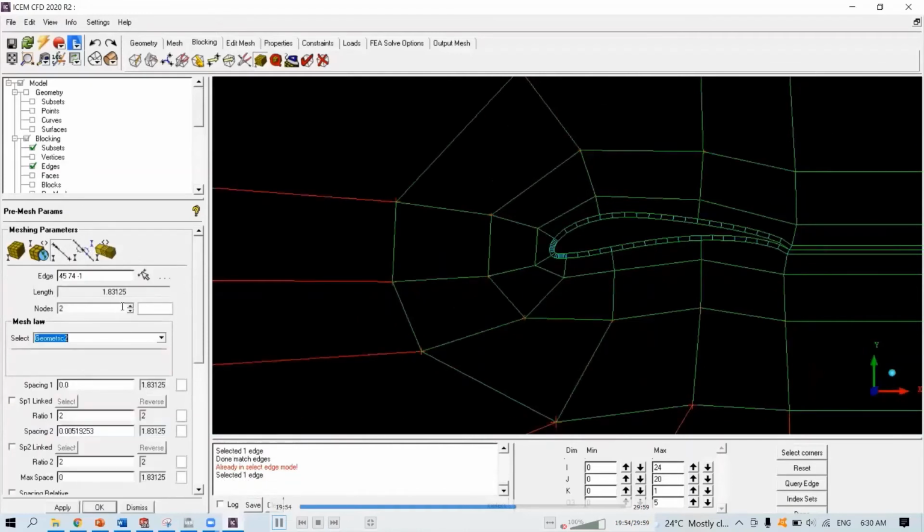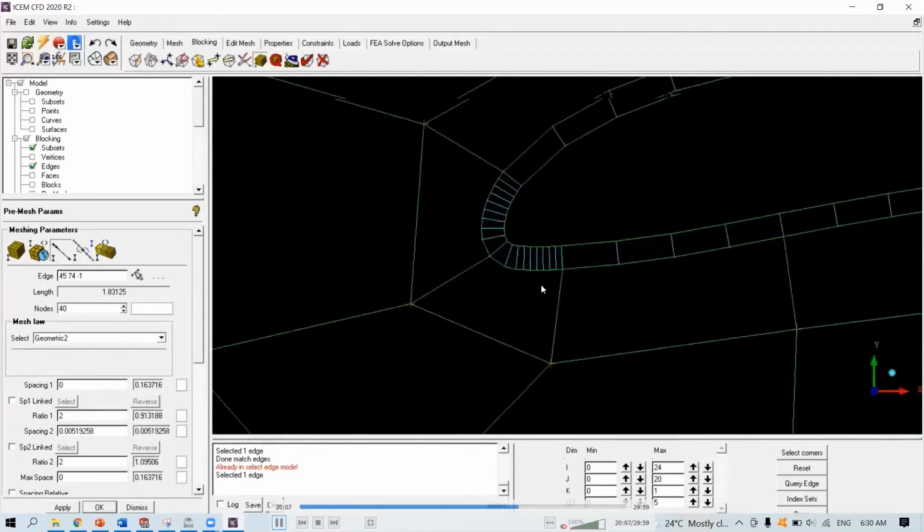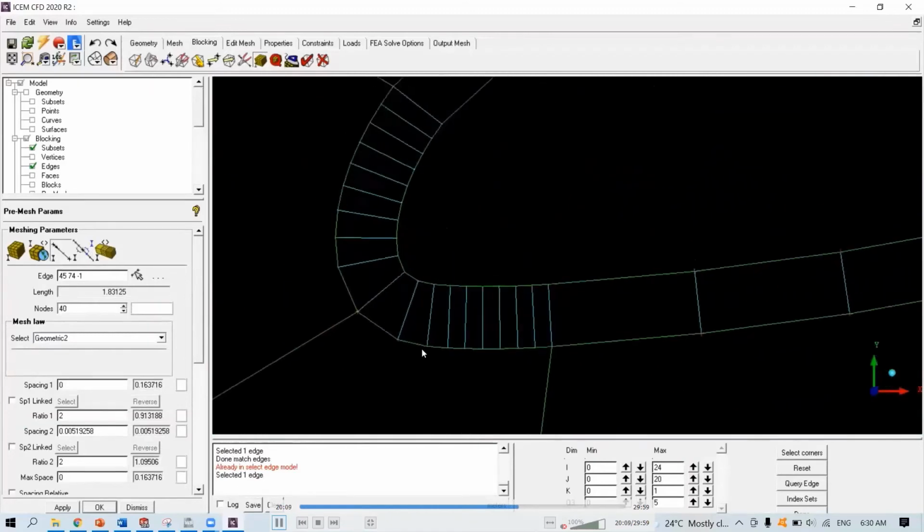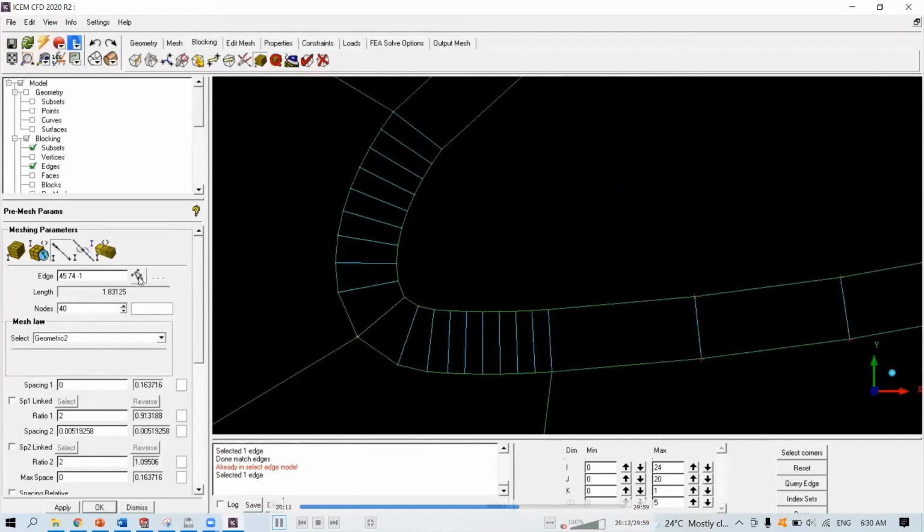Geometric 2, increase number of nodes. Now it's 1.12. Just make it 40, 1.09. Okay, that's good enough. Now we are done with the number of nodes going away from the F1.